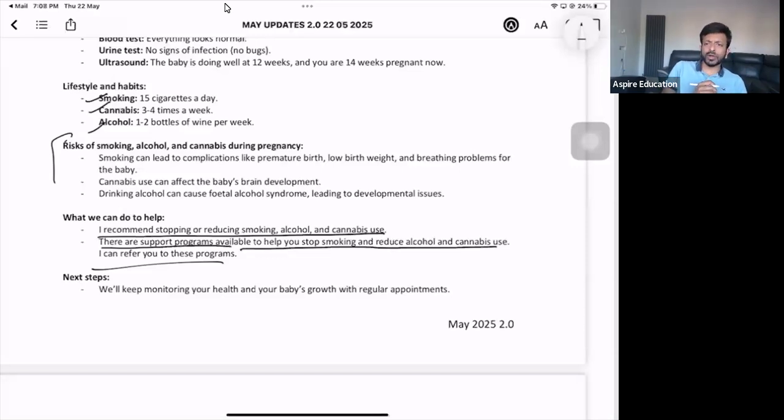So if this patient is ready to listen to you and says, okay, I'll follow everything, but you see lots of non-verbal cues, don't hesitate to involve the safeguarding team, right? If she says that she doesn't want a child and will continue smoking and cannabis, then what to do? You will explain the risks that your child can have, and I would advise to involve the safeguarding team as well. Okay.